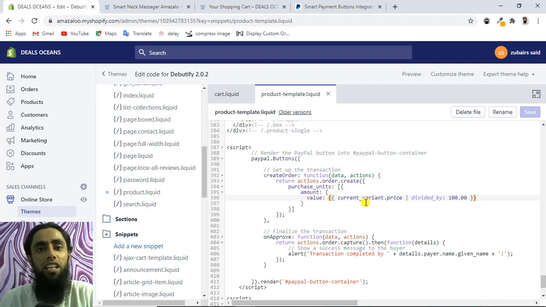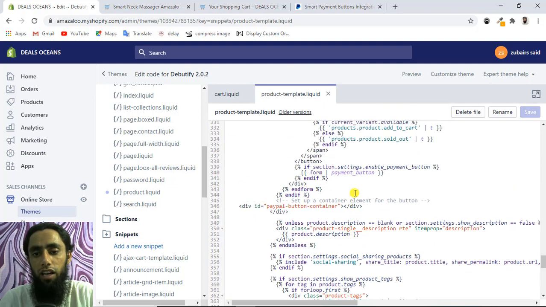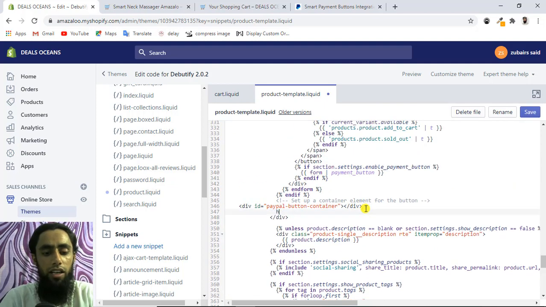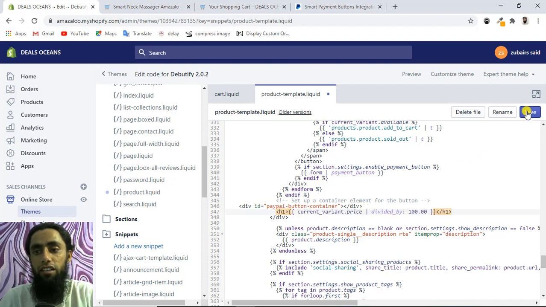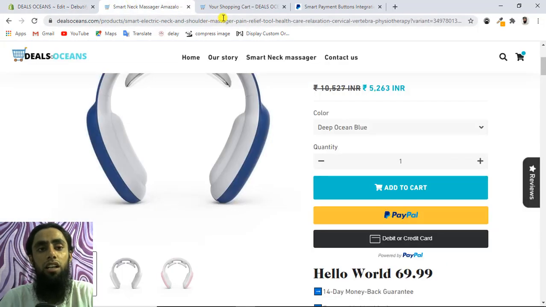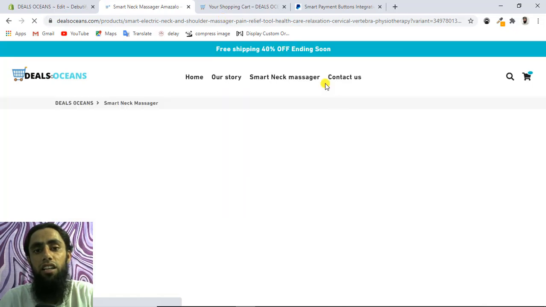All right, so this would be sending the correct amount, which would be sent using this variable current_variant.price divided by 100.00. So why have we written divided by 100.00? This was because if we are not writing this, wait a minute, if I am just writing H1, I am showing you, because in this way you will confirm yourself that yes, this is correct. Otherwise you will get the doubt that maybe a lesser amount, or maybe a greater amount is going to be sent to our PayPal.